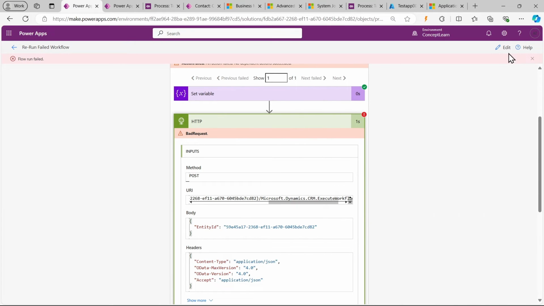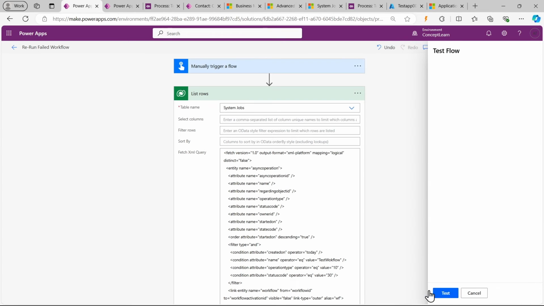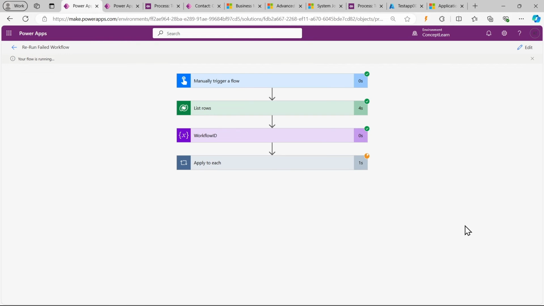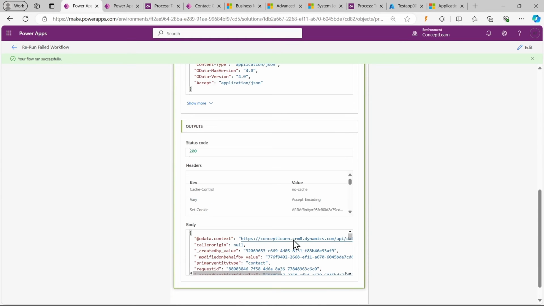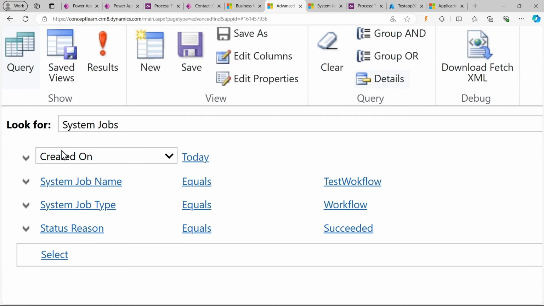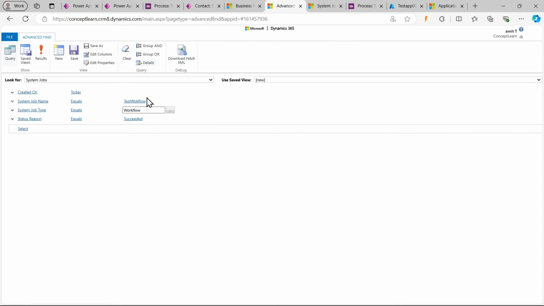Now let's go to the flow and try to test it again, and let's see this time whether our Power Automate flow will trigger or not, and through that whether our workflow triggers or not. So yes, it has successfully run. And here I will go to advanced find as well. Here all things are good. Now I can see over here there are two records, and the owner is the test app 001 because he initiated the workflow of that